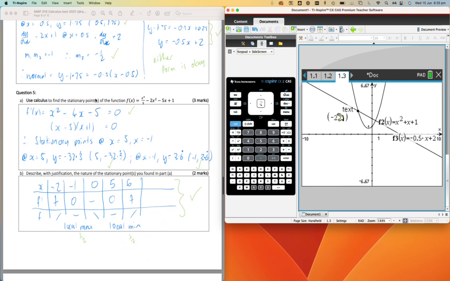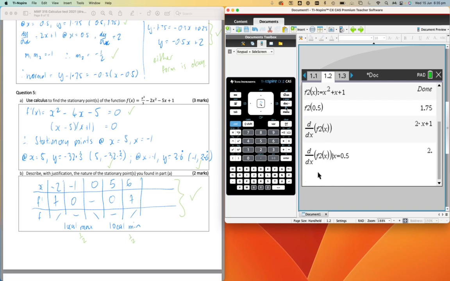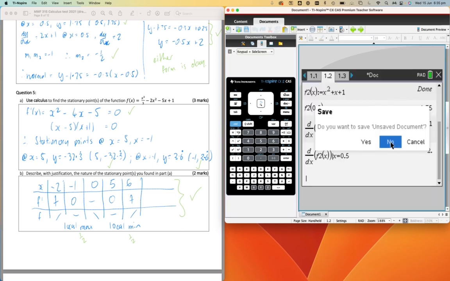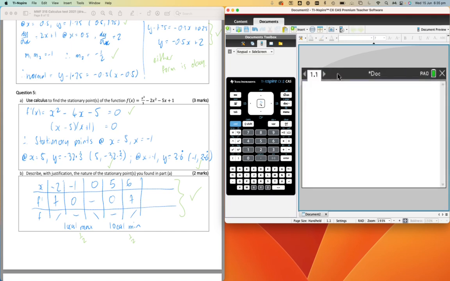Use calculus to find the stationary points. Now, again, you have to show some calculus here. You could go back to your, I might even start a new one so it's all nice and fresh. So new document, don't save the old one, add a calculator, and I can go straight into defining again. So I can go f1 of x is defined as x cubed on 3, so x to the power of 3